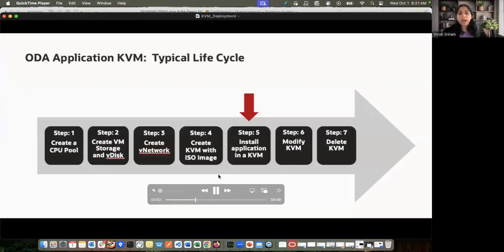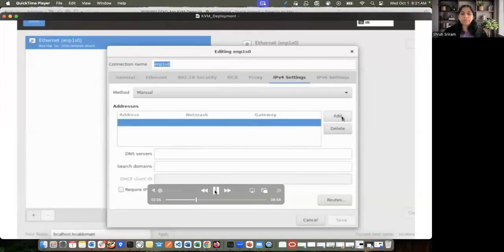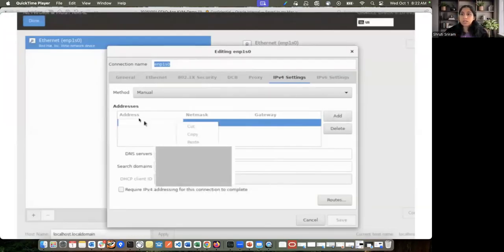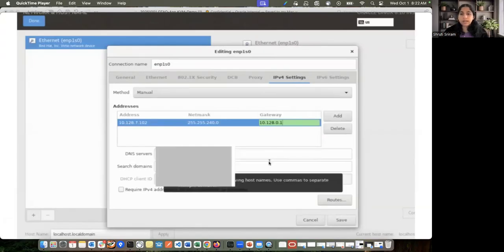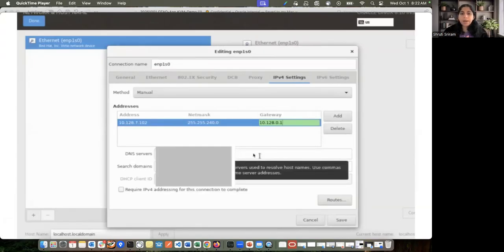So now we're just going to go ahead and start seeing how to install the app KVM. The first thing is we're establishing a connection using the IP address that was in that page that's all specified. We'd have the IP address, netmask, gateway, DNS server information. And again, as I had mentioned in the slides, you can use command line and just SSH in. You can also use Tiger VNC viewer. You can use any of these options, or you could use Cockpit, which we will talk about in the next few seconds. But you can use any of these options to connect